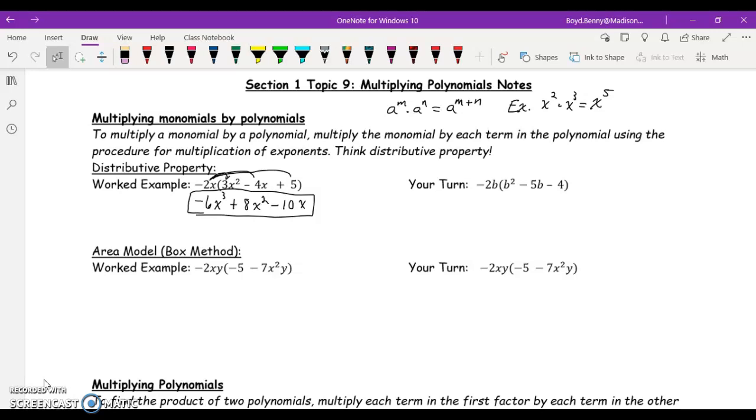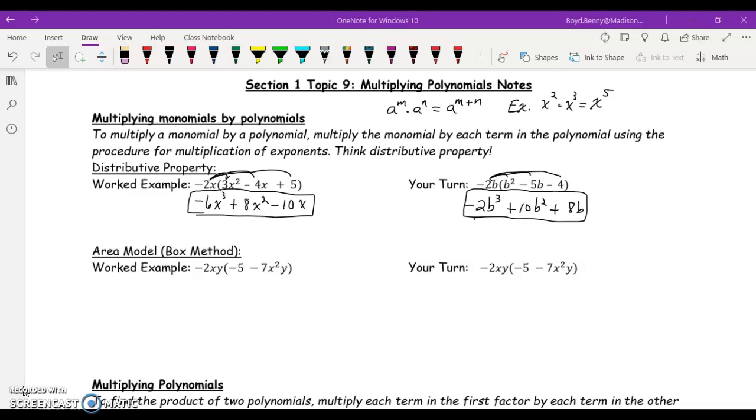So why don't you guys pause the video, try the your turn problem, and after you're finished, click play, see how you did. Okay guys, so how did you do? Should have ended up with negative 2b to the third power, because b times b squared gives us b to the third. Should have ended up with a positive 10b to the second